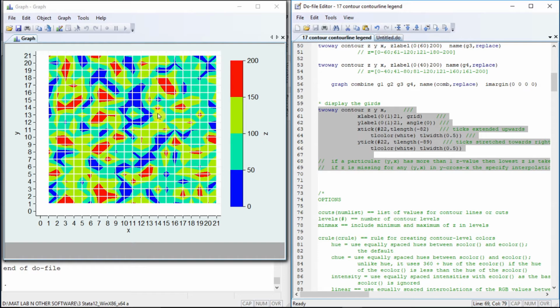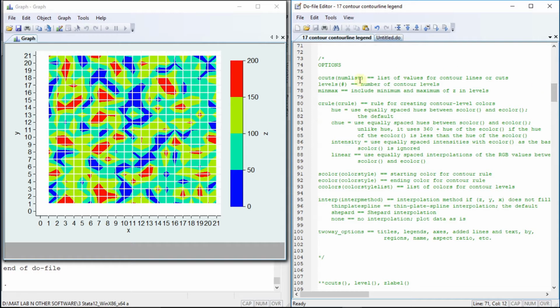So I have manually created y and x in such a way that their Cartesian product was possible. So 21 into 21, this is the grid of 21 into 21, and we can use the options in order to explore the results. So ccuts, this is the contour cuts. We can specify the number of contour cuts labels. This will create this level of color bands, and min max, and these are the contour rules, and starting color,